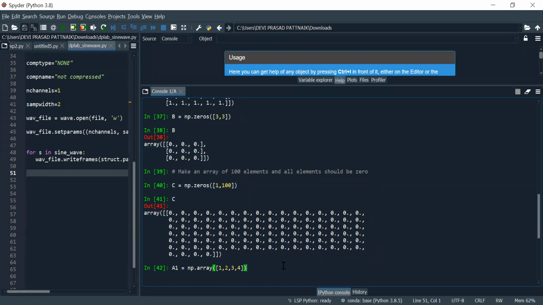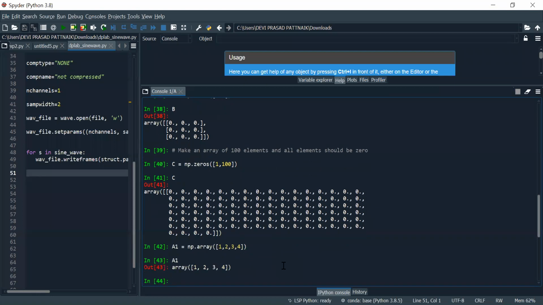An array will be created that consists of 4 elements, and the 4 elements are in one dimension only. Right? So you will get a one dimensional array. You can see it creates an array which is having 4 elements, like a row. So if you want 1, 2 in one row and 3, 4 in another row, what should we do? Right, like this.